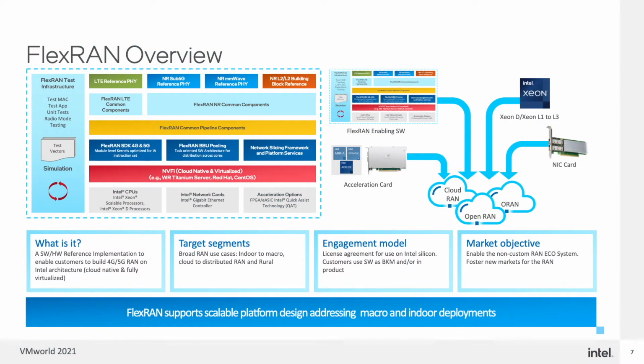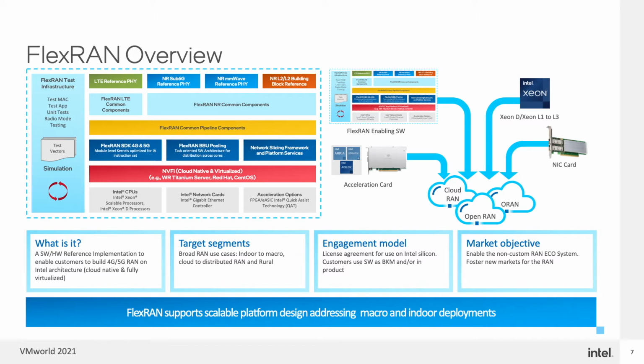Basically, from a FlexRAN overview point of view, let's look at the software part first. So this code is meant to enable partners and get the ecosystem moving quickly and get people to market in time with quality, production-level software. So part of that, of course, is the reference solution, whether it's the reference PHY on the LTE side, or 5G sub-6 or millimeter wave. These building blocks are all provided as reference. And on top of that, they're modular in kernels, and they're also stitched together in a pipeline. So all that information is provided.